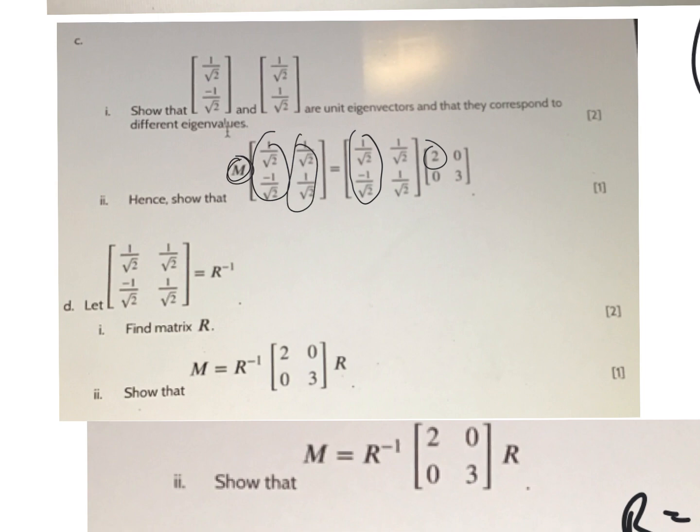This times M is this one times 3. So therefore they are equal. If we think about this, continuing on,